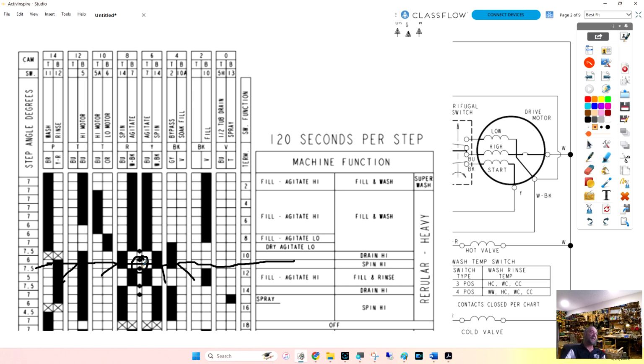So what's happening is it's to help the motor. What did I say is the difference between the spin and agitate? The motor does what in order to make this machine go from spin to agitate or vice versa? What did we have to do here with the start winding? We caused the motor to do what?